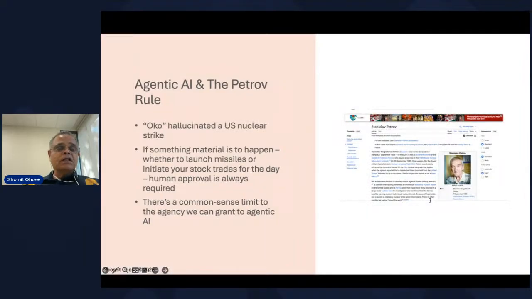I'll close with this slide. It's the Wikipedia page of a guy by the name of Stanislav Petrov. You may remember who this guy is, or perhaps you've never heard of him, but he probably single-handedly prevented World War III. So the story here is that in September of 1983, the Soviet Union and their missile defense system mistakenly had hallucinated that the U.S. had launched a preemptive nuclear strike.